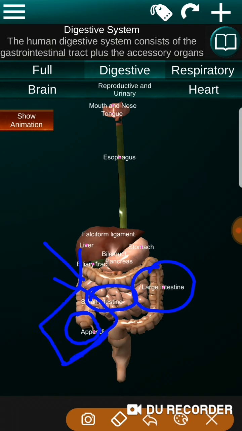Now there is no use of this, because although we are vegetarian and non-vegetarian, we are not eating the raw flesh of other animals. And lastly it's the anus. From this, the undigested semi-solid food is removed from our body.